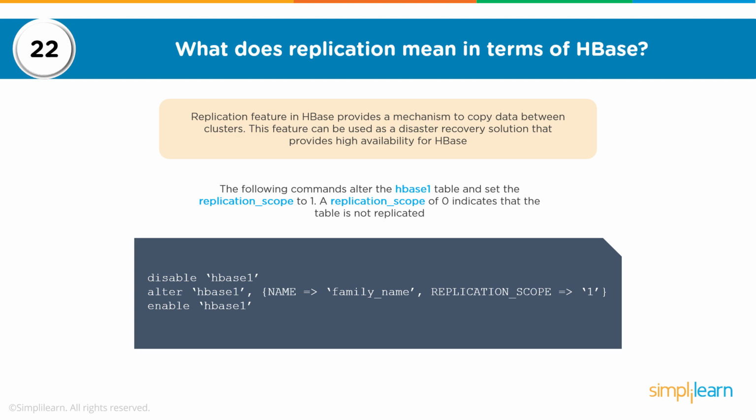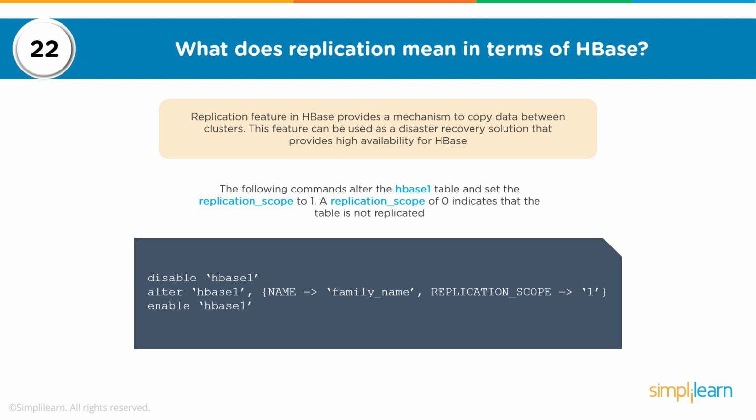So if I have HBase cluster 1, where I have one master and multiple region servers running in a Hadoop cluster, I could use the same Hadoop cluster to create an HBase replica cluster, or I could have a totally different HBase replica cluster, where my intention is that if things are changing in a particular table in cluster 1, I would want them to be replicated across different clusters.